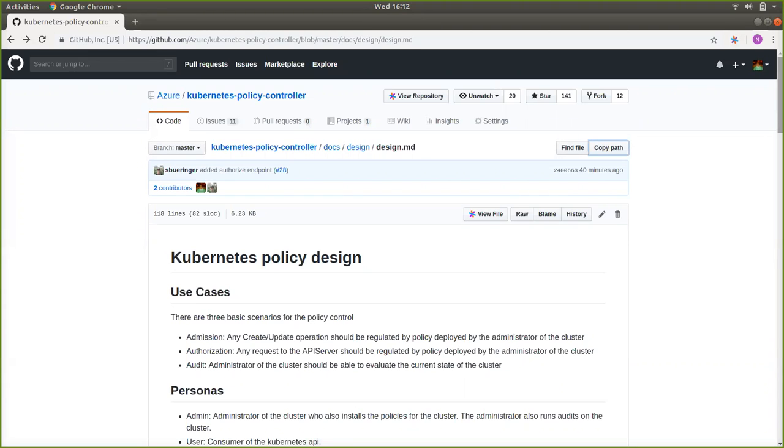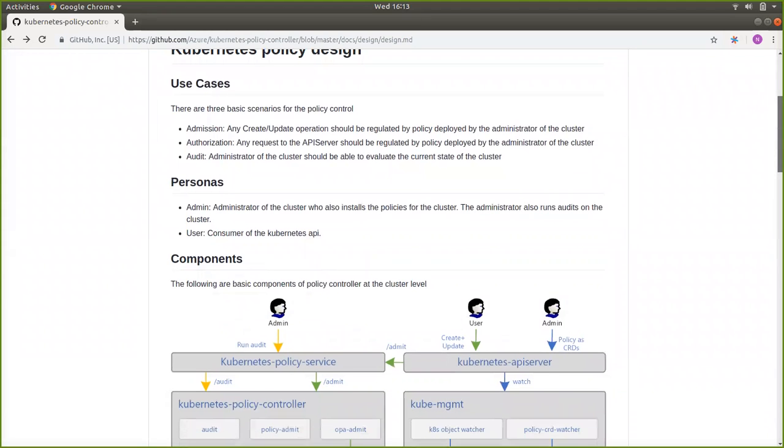The second scenario was audit, which is that for the current state of the cluster, what are the policies, what is the state of every object in regard to the current policies of the cluster. So those were the two basic things. So let me go through the personas